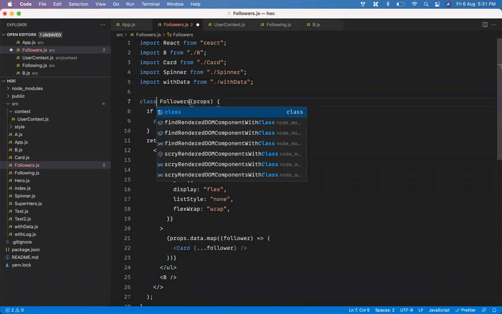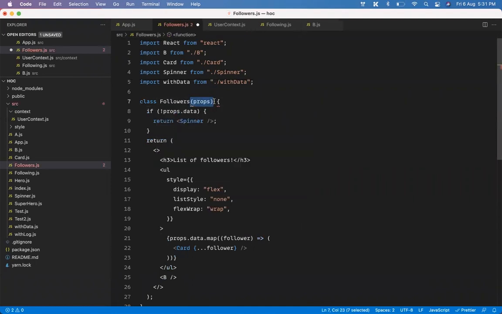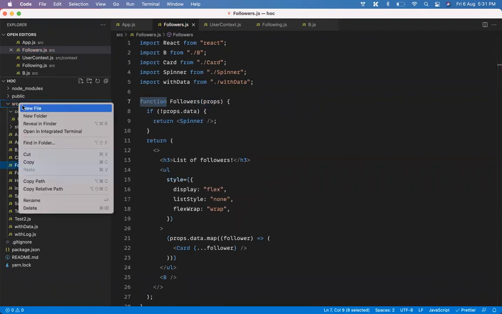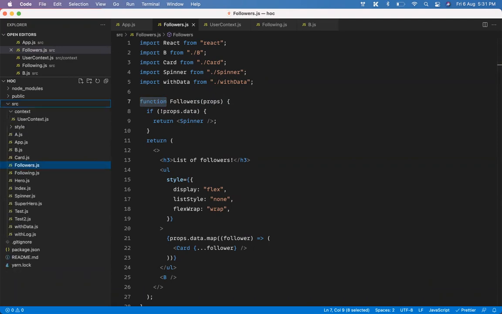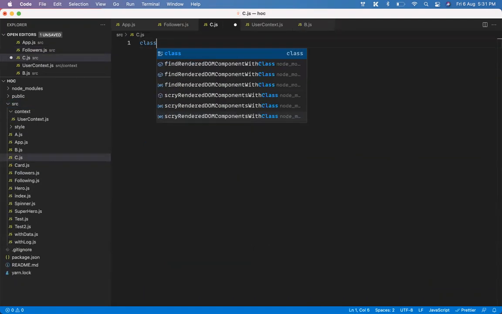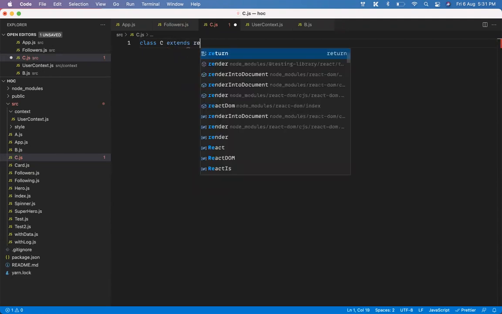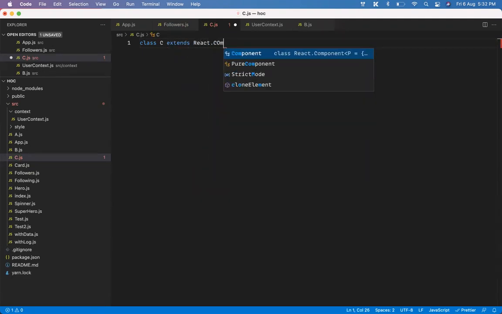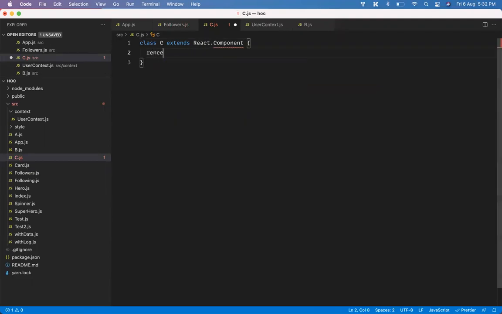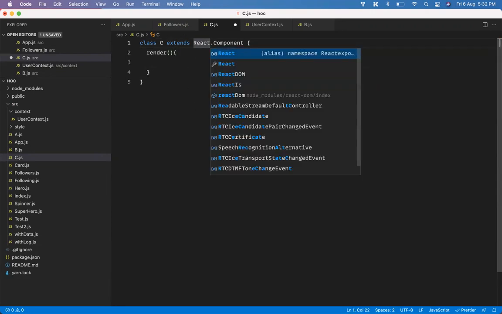So we'll say class. Let us create another component, a class component. We'll call it C.js. You have class C extends Component, render, and you just need to import React.